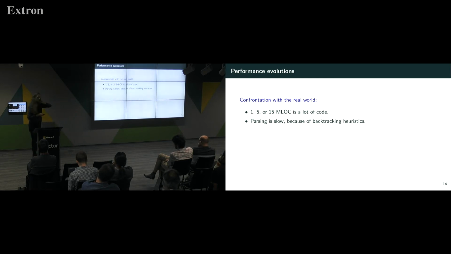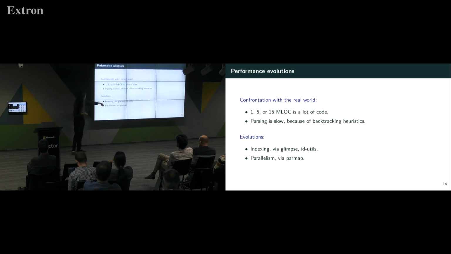Basically, in general, what we would like to do is avoid parsing as much code as possible. We want to just focus in on the most relevant things. So we have some things that appeared over time. Indexing. We have a big code base. There are various indexing tools. In the beginning, we used Glimpse. Later on, we used idutils. These will go through your document base, your code base, and find all the interesting words.